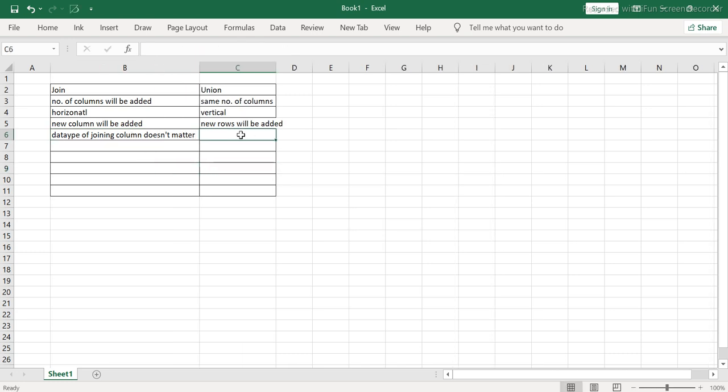If the data type is different for the corresponding column in one and the other table, then it will give you an error. I will show you what kind of error you will get after this. So here the data type should be similar for corresponding fields, columns, right?